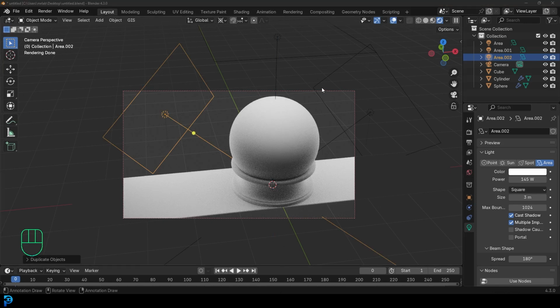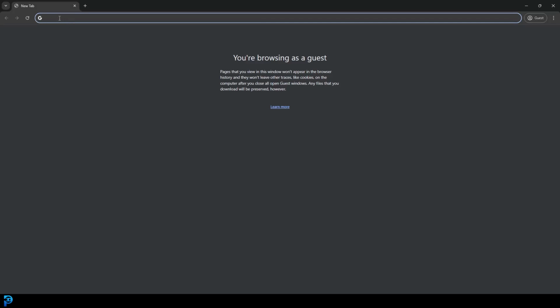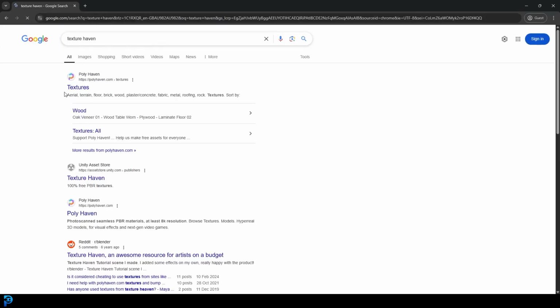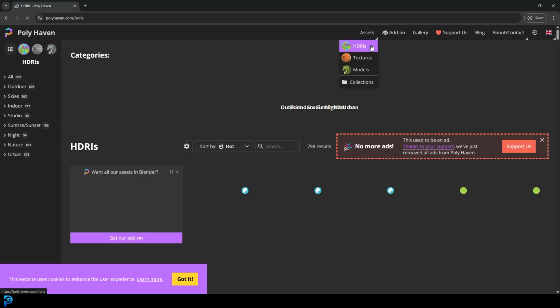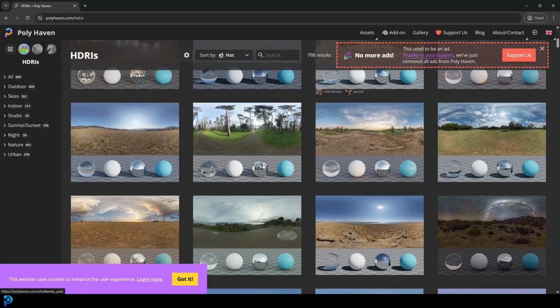And then what I'm going to do for now is go to the internet. And once you're in the internet, you're just going to go ahead and search for Texture Haven, or you can just type in Polyhaven. It'll bring up the same result. You're going to click on Polyhaven, go to the assets, and go to HDRI. Once you're at HDRI, you get all of these high dynamic range images that are 360 panoramics